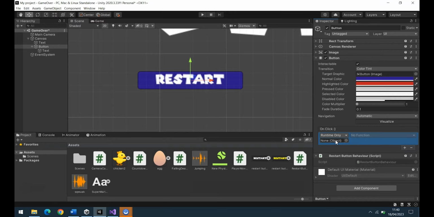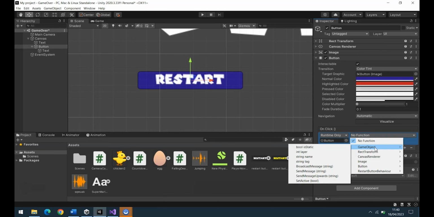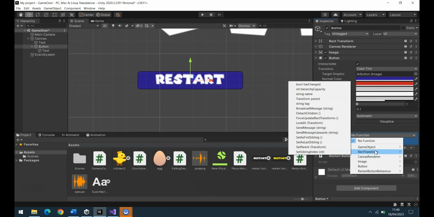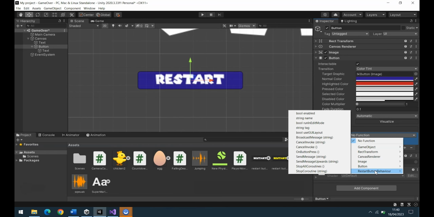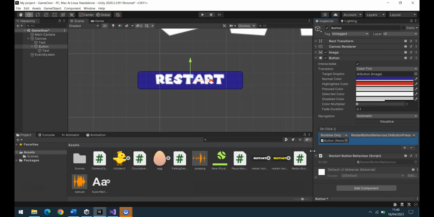I know it sounds stupid, but the None Object bit there, it actually wants us to drag across the button, and on a no function on game object, I think it's game object, or is it too? I'm looking for the restart button behavior I set up. I've got a feeling it'll be, oh there it is, restart button behavior, and where's it gone then, that bit of code? Am I being stupid? So OnButtonPress, that's what it was called, wasn't it? So it's called OnButtonPress, and hopefully if I just press save on that,